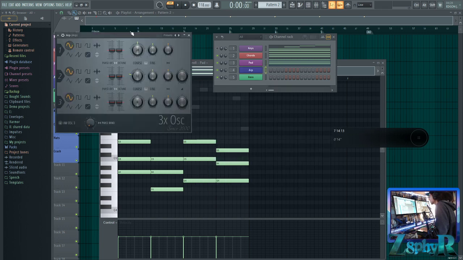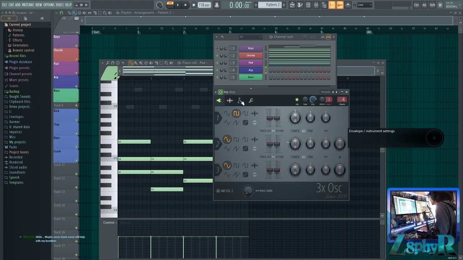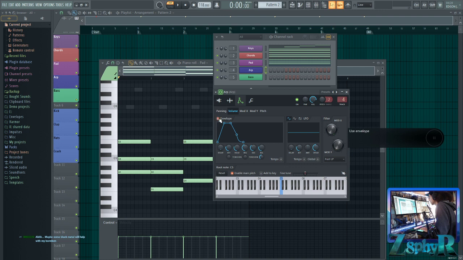So we'll close out of this for now, and we're going to go ahead and open up our ARP, which is going to be this. And we'll make this one a square, just one square. We'll make sure these are off, and they are. And then we'll leave this at 24. That's okay. But we're going to go ahead and open our detailed settings,